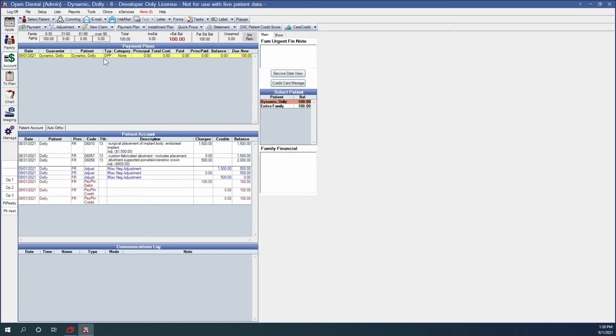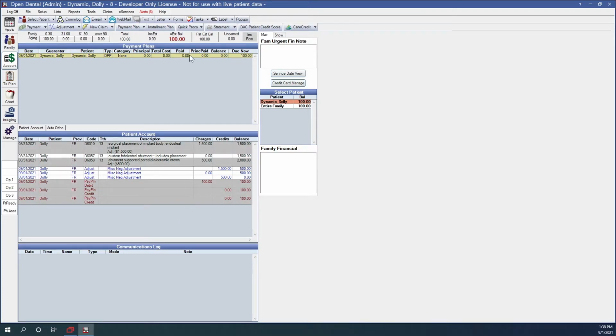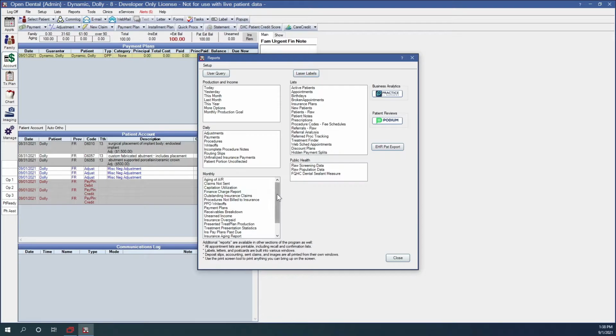You'll now notice that my dynamic payment plan up at the top has a due now of $100, but my patient no longer owes for how much the production was attached to that payment plan. When this happens, Open Dental has a report that will easily notify you that you now have too much production attached to a dynamic payment plan and will now allow you to fix it quickly. Under Reports and Standard, if I go down to the monthly section and click on Dynamic Payment Plans Overcharged,